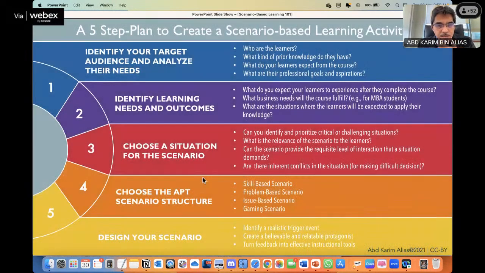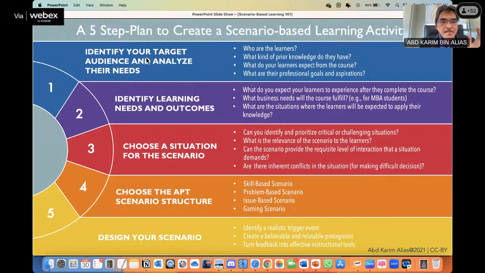In the last webinar, I went through this part very quickly. But today, because we want to create and build the scenario, let's spend more time looking at this 5-step plan to build scenario-based learning.